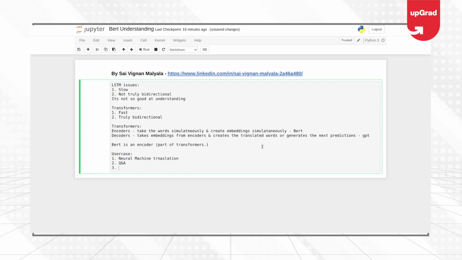A popular use case is a question answering data set, where you ask a question to a data set and it gives the answer, like passage comprehension question answering. Then sentiment analysis, the proper way,